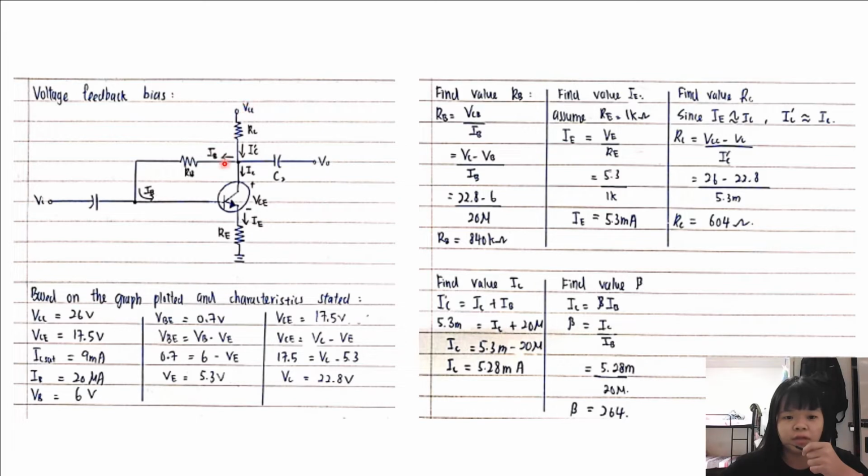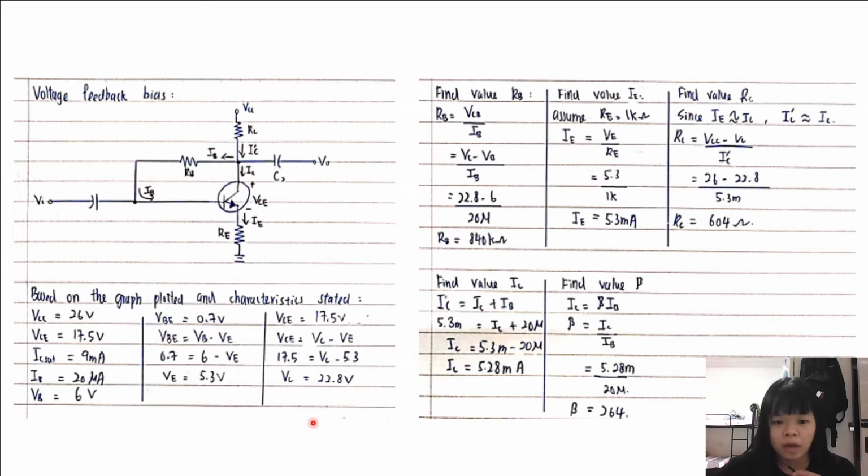For the DC voltage feedback bias, the base resistor RB is connected to VC instead of VCC. Based on the graph plotted and characteristics stated, we know that VCC equals 26 volt, VCE equals 17.5 volt, saturation current equals 9 mA, base current equals 20 µA, and the base voltage equals 6 volt. So now we are finding the VE, which we use the formula VBE equals VB minus VE, and we get the final answer